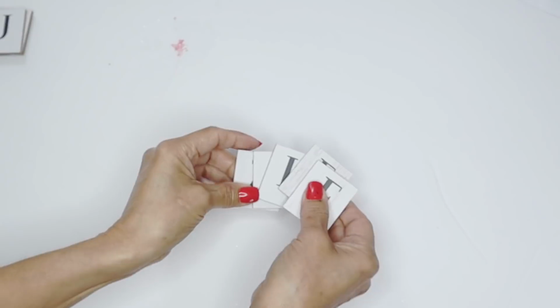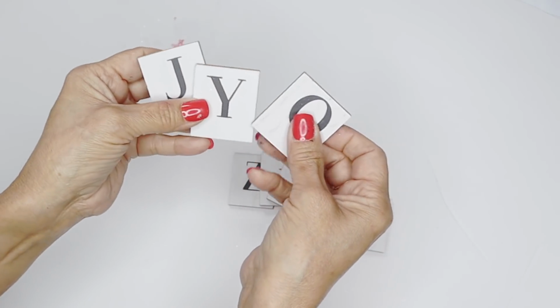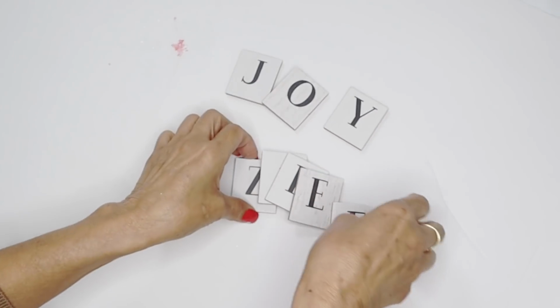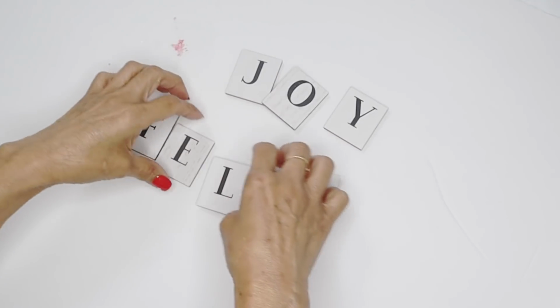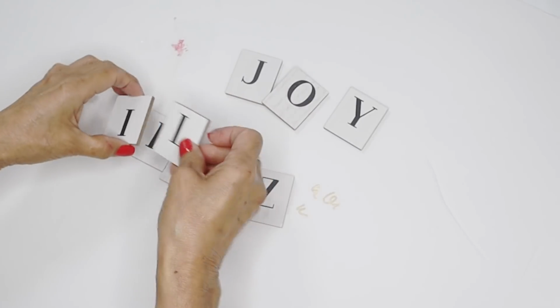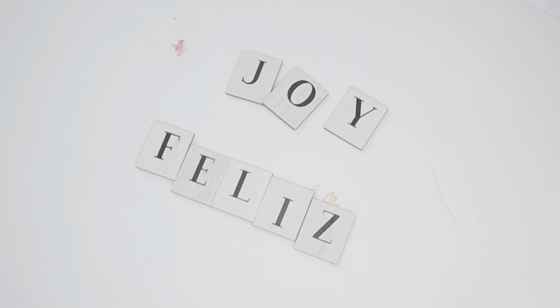For this third DIY, I'm going to be using these wood letters, and these come from a board that I have that you just insert the letters to spell out any sayings that you might like. Now this, I believe I purchased at Target last year. So I'm going to be using these letters to spell out joy, and then also feliz,